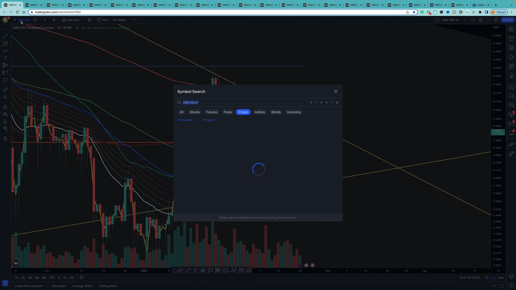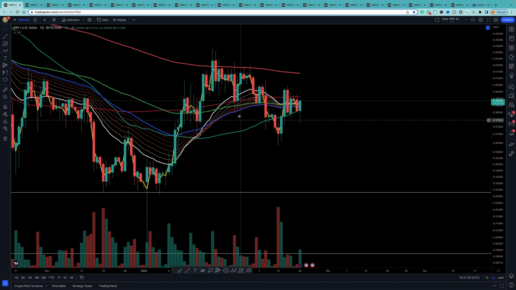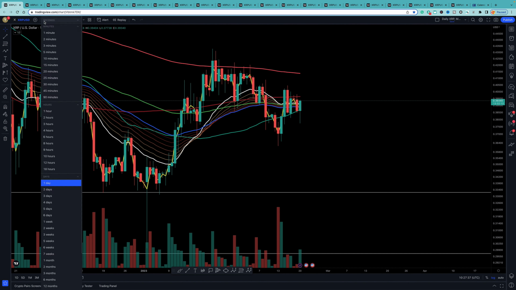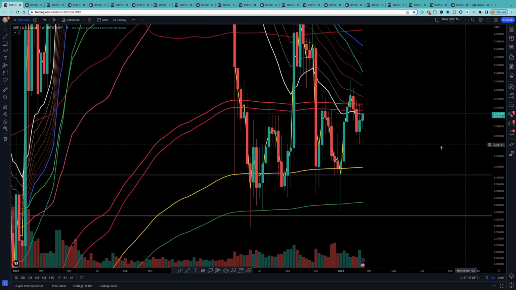So let's go have a look at the weekly. Now I'm going to switch to Bitstamp because on Bybit it doesn't show all the MAs. It doesn't have the same history length. Okay, so